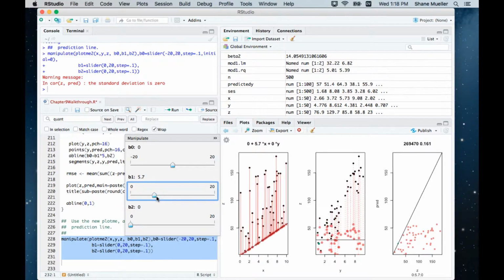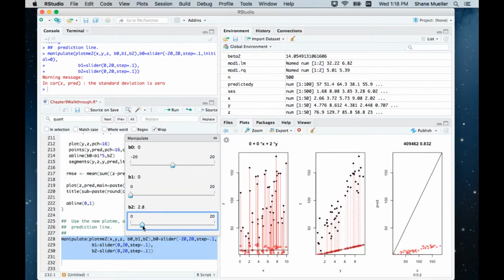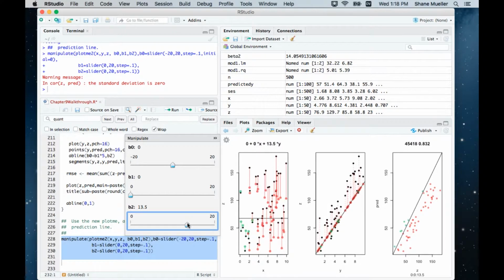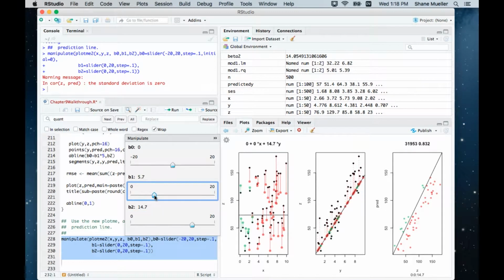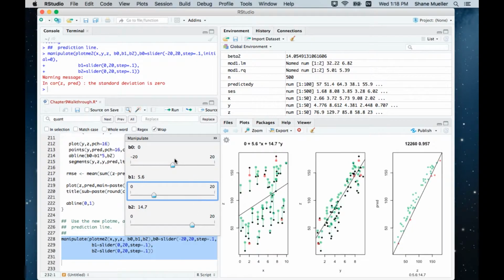It's sometimes easiest to do these separately, so I think maybe about 5.6 would be good. But now let me look at this one independently, and I think maybe a slope about like that would be good, so 14.7. So I'm going to move this one back up to 5.6 and 14.7, and then it's going to be green